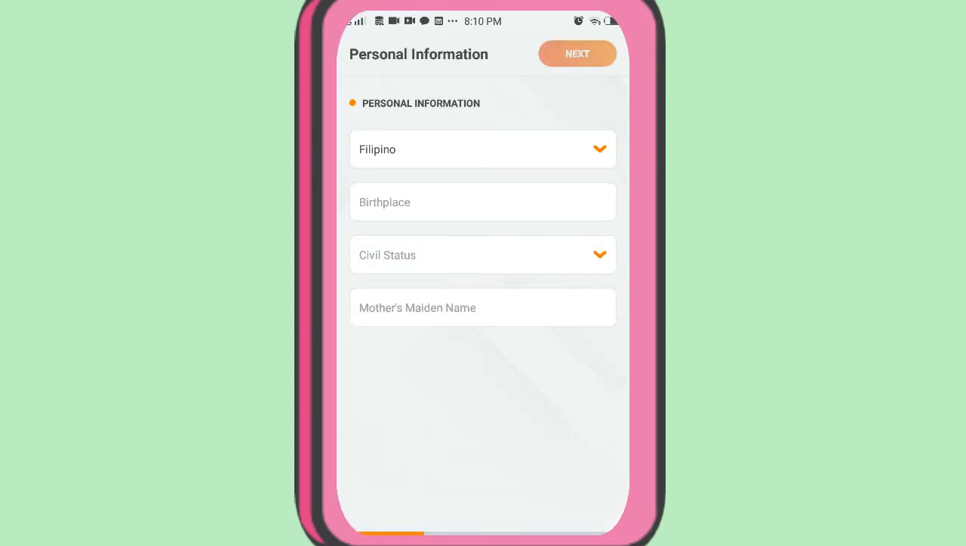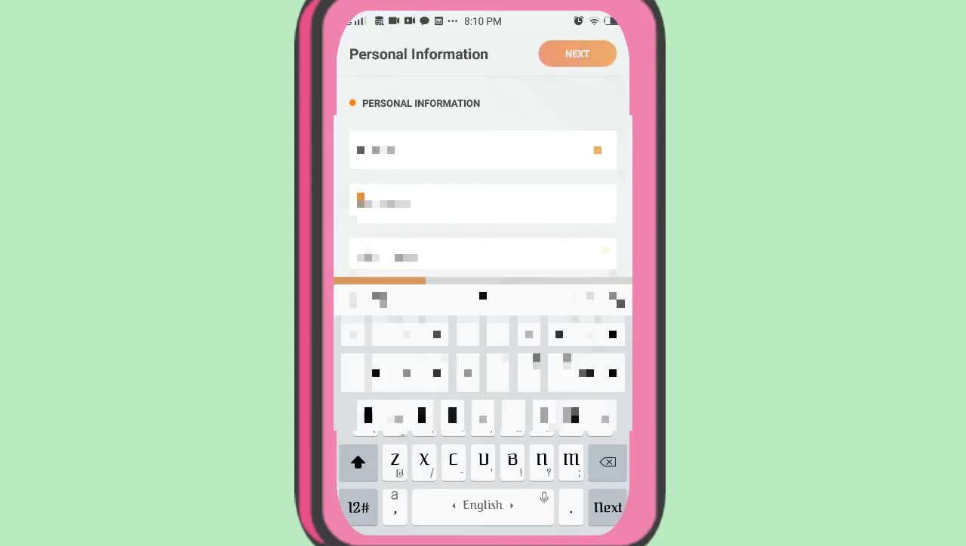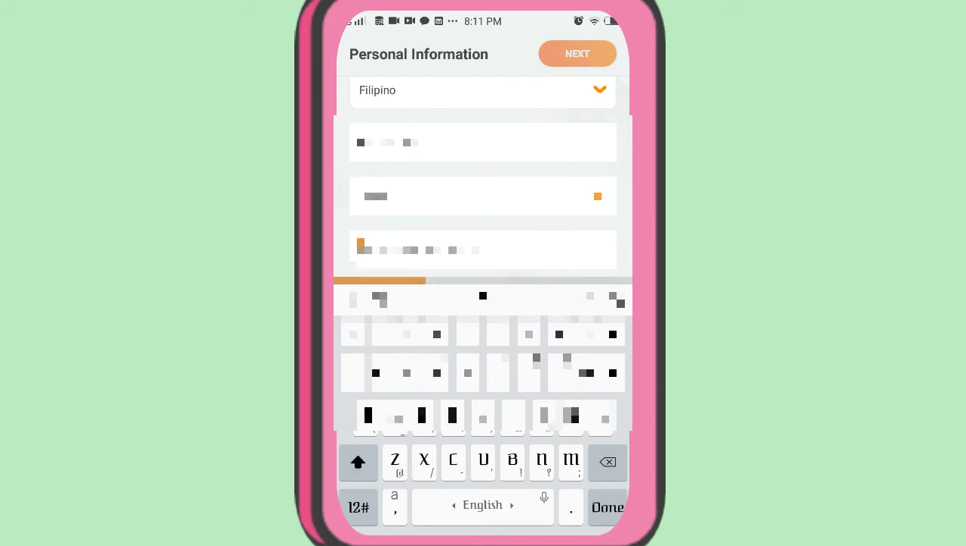Present your citizenship, civil status, continue lang. I-input nyo lahat ng mga info dyan. Your mother's maiden name, and then next,